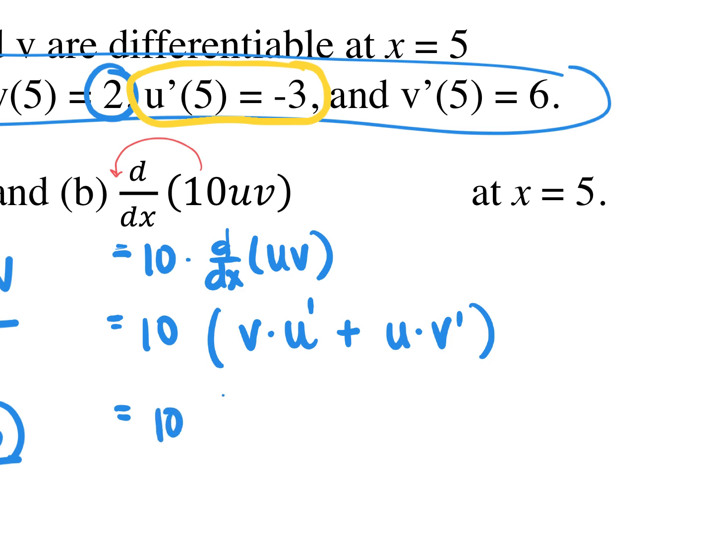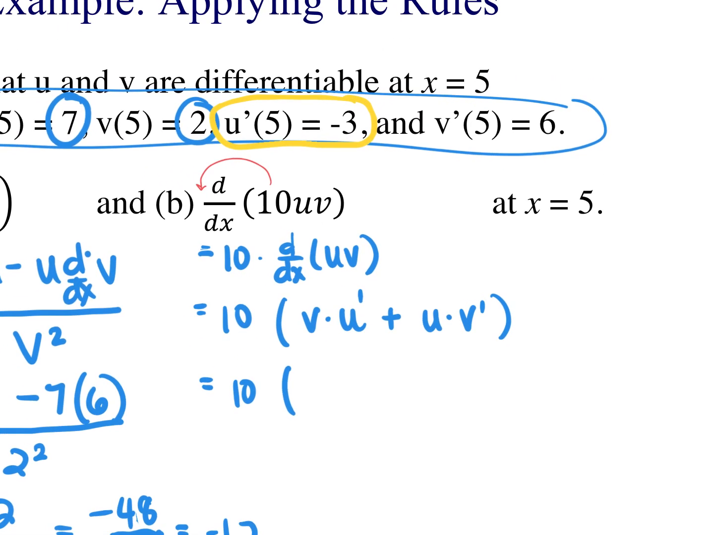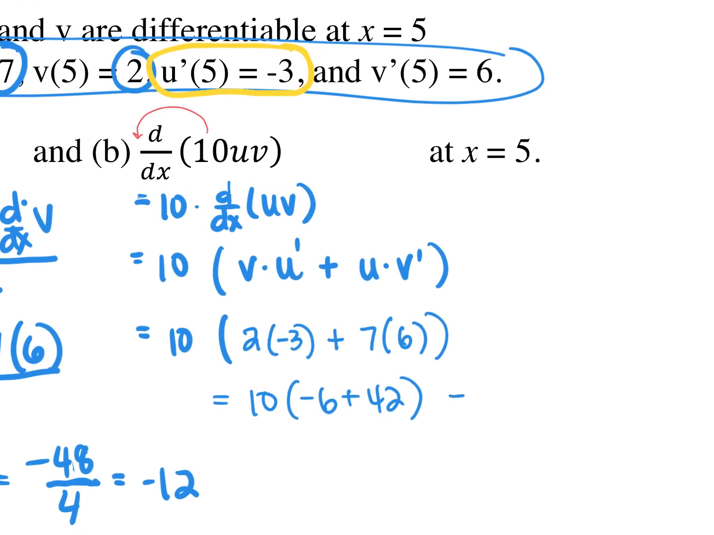All right, so we have v, which is 2. V, which is 2. U prime is -3 plus u is 7. V prime is 6. So 10 times -6 plus 42, so 360. Ellie, Nancy, please go to